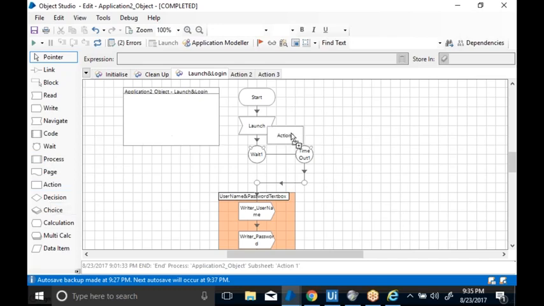Why do we use this action stage inside the object? Whenever you want to call some other object's action page. For suppose you have object 1 and object 2. Object 1 you are calling in a process. The same way, suppose you want to call object 2 inside object 1. That time, you use the action stage.